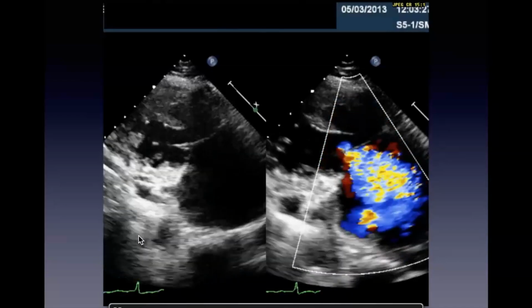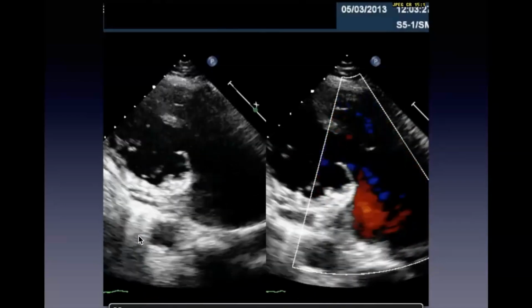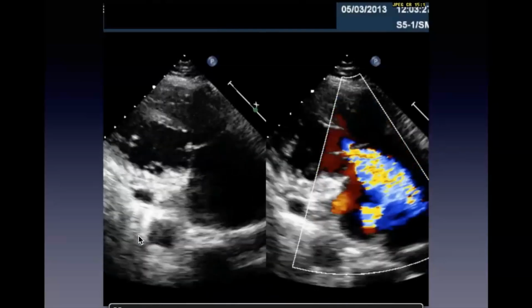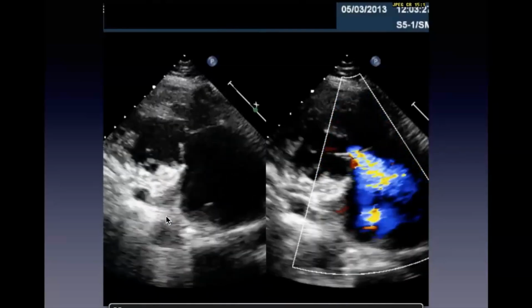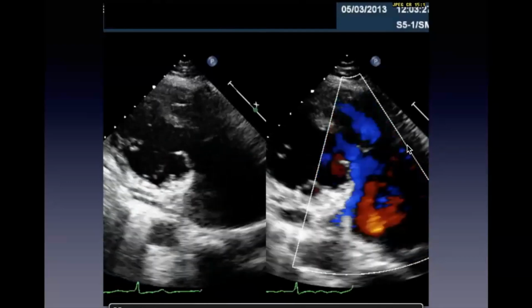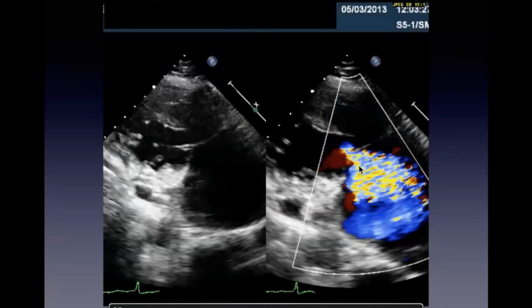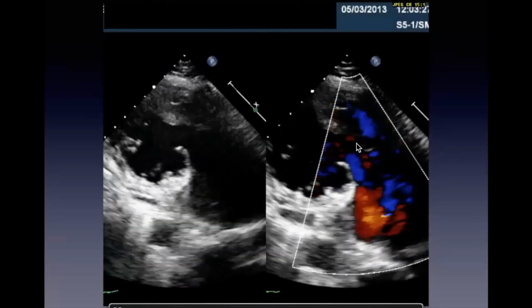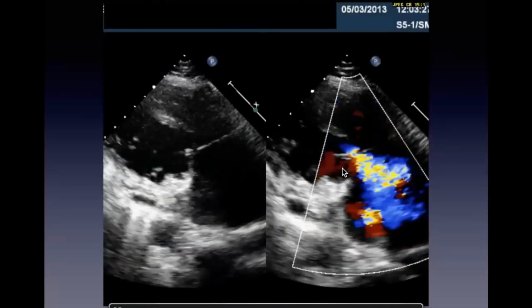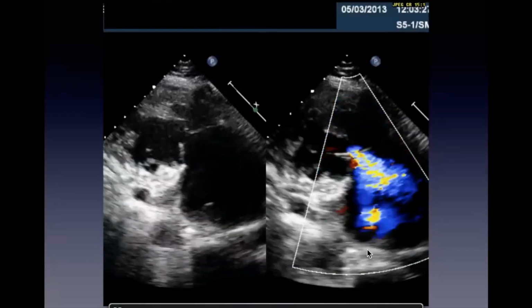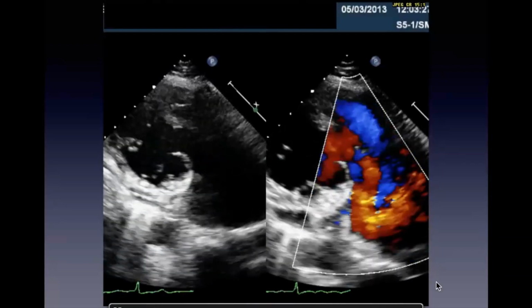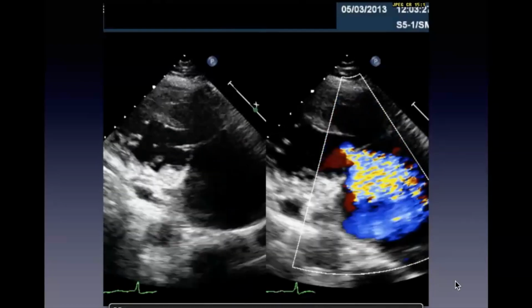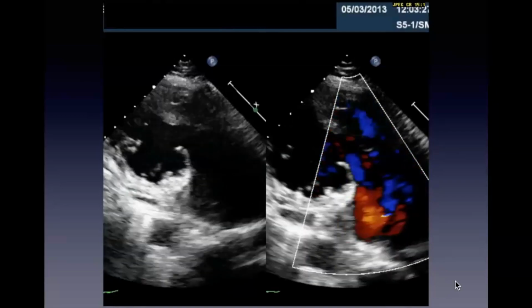And that was my point, is that you can overestimate the severity of regurgitation purely based on the color flow. So I almost get blind to this and just focus at the tips and to see the area of flow convergence we quantify with the PISA method. So this patient's TR quantified as moderate. But yes, if you just looked at the color flow, you might think it's severe, but you're going to overestimate